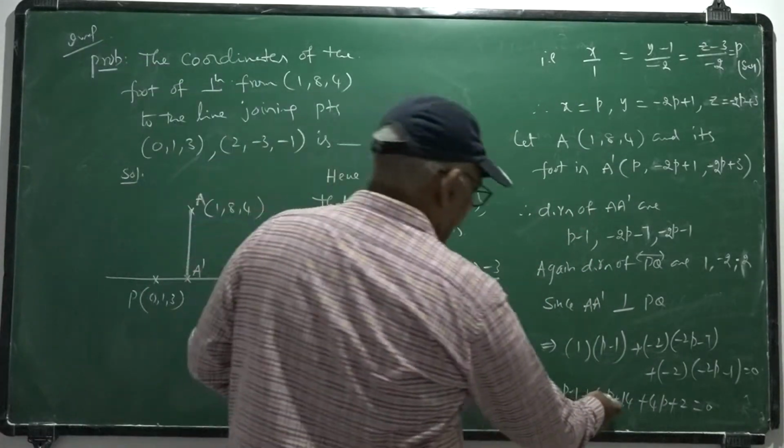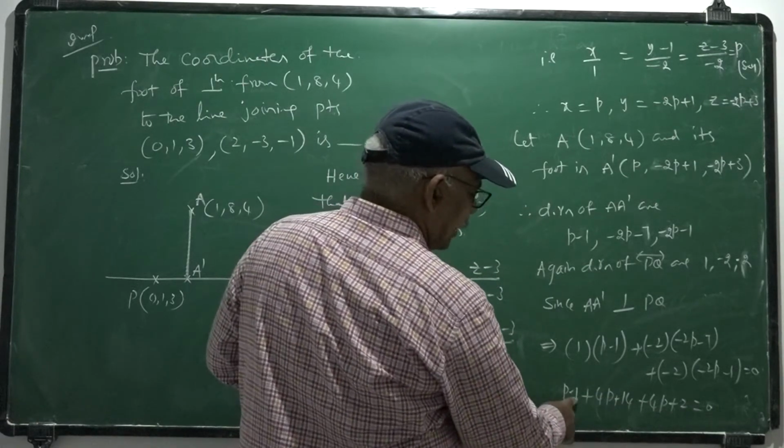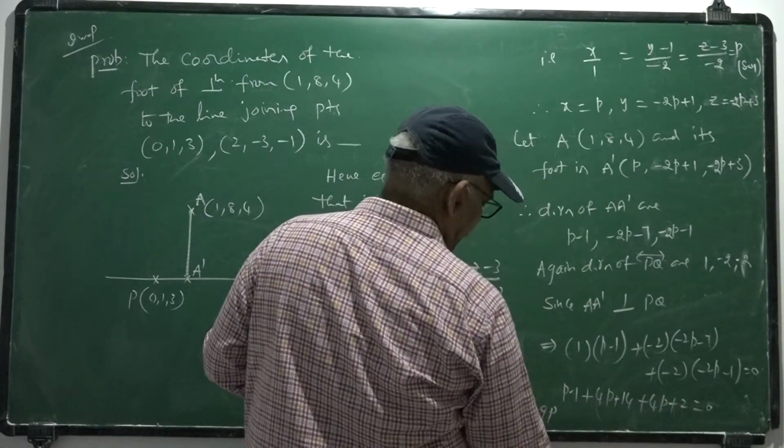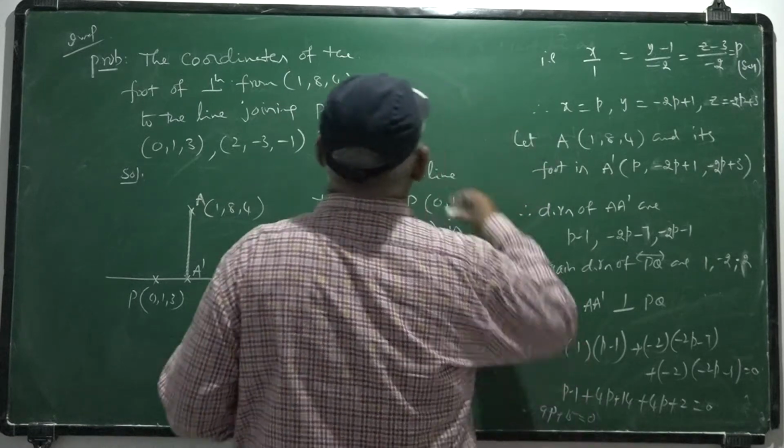Here, 9P - 1 + 14 = 13, 13 + 2 = 15. So P takes the value